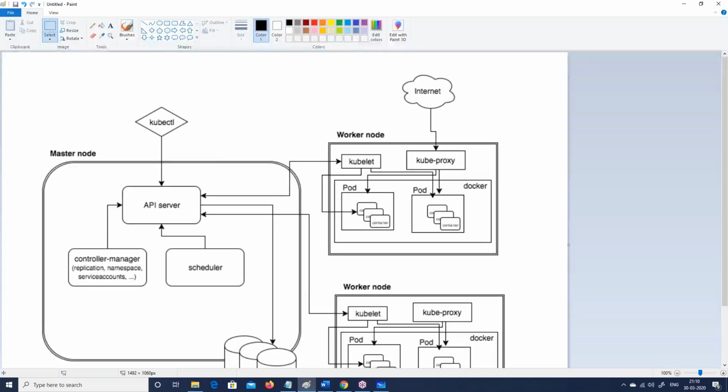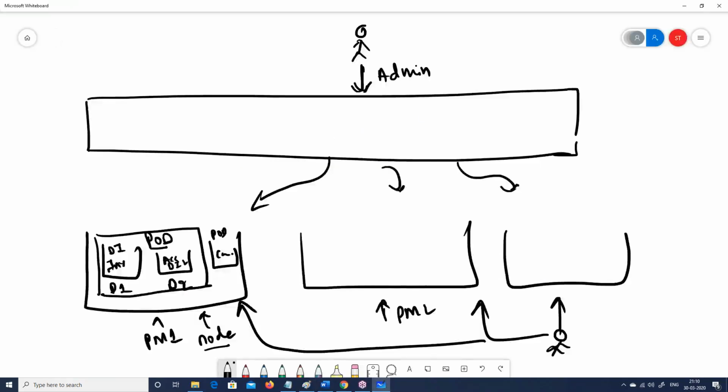Okay. Now this is termed as a master controller. I'm just trying to keep the same names out here. So you can term it as a master node, right? This master node, you can access through a command line if I want, right?